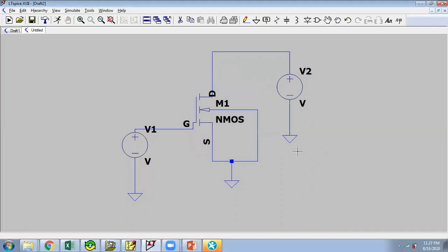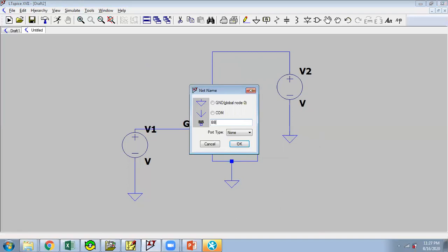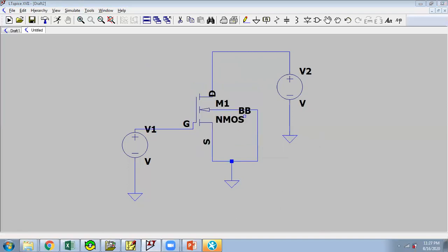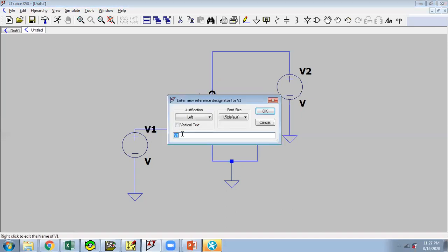Same here, you can type VB, the body terminal, just for simplicity.